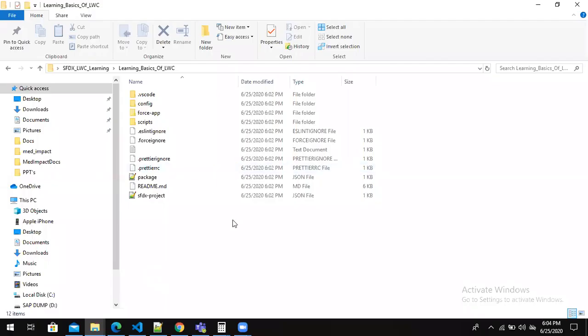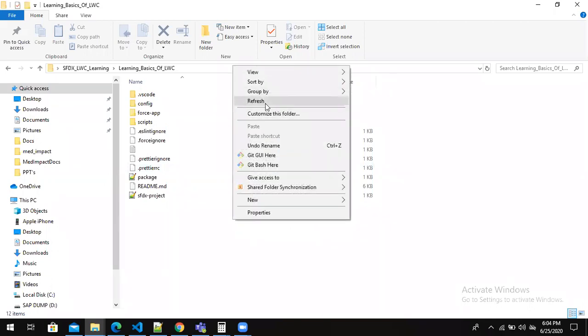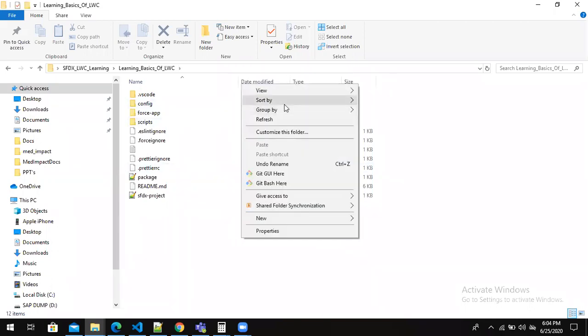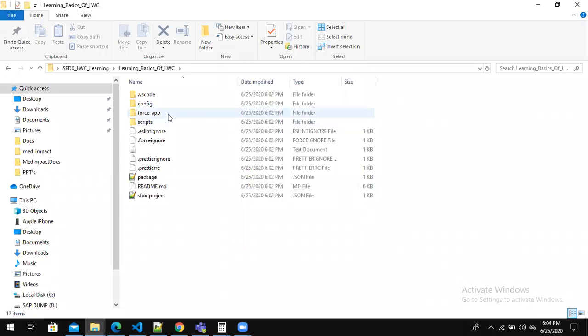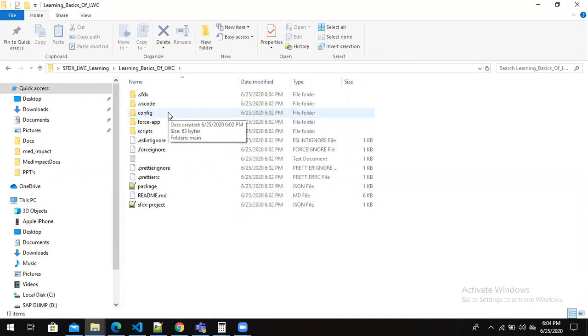Now there are multiple folders. I think we can see the benefits of each folder later, right? The first thing we need to understand here is retrieving metadata components. If you are not aware what metadata is, if you're writing a class or table in Salesforce, it is considered metadata, and the records in a table are considered data.